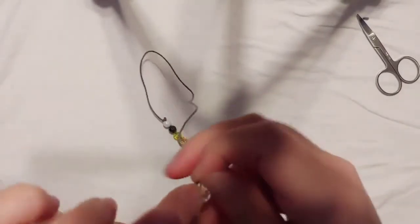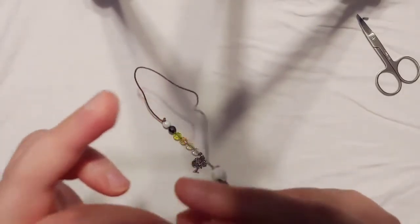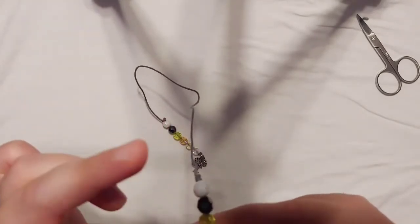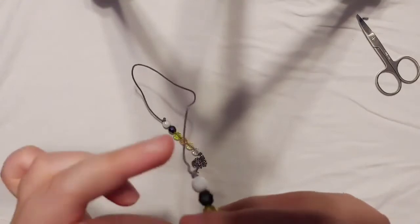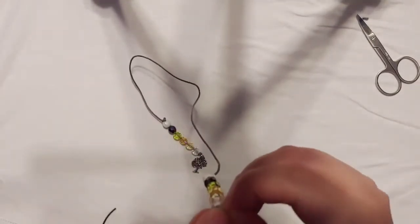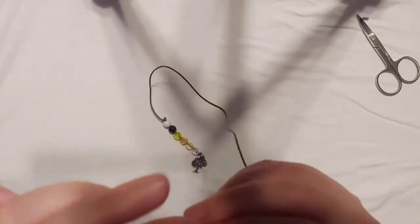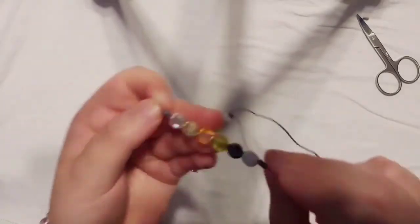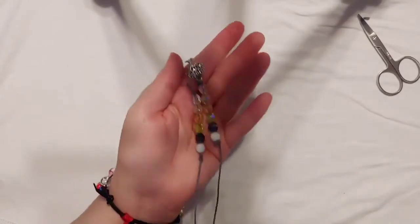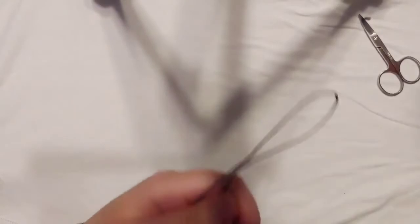Remember, everything's optional. If you don't have any charms, they don't need it. They're pretty just as beads on their own. Any color scheme that you like. You could add more beads than this, fewer beads. Remember, it is your project, it's your world. You can just use your imagination and experiment with it. Last knot's always the hardest, but there you go. So that is the one side, and there's the other. A little tree charm, and then